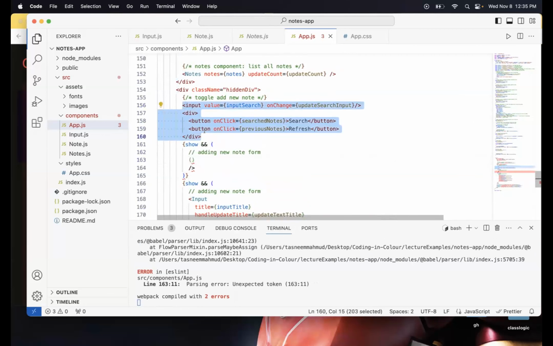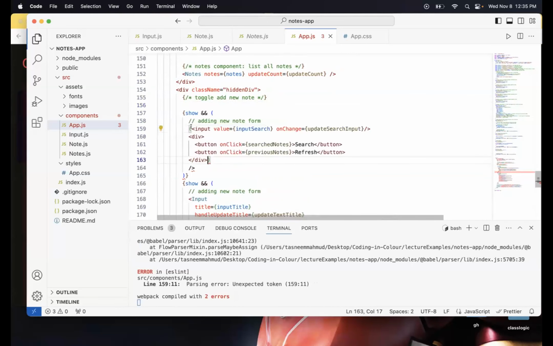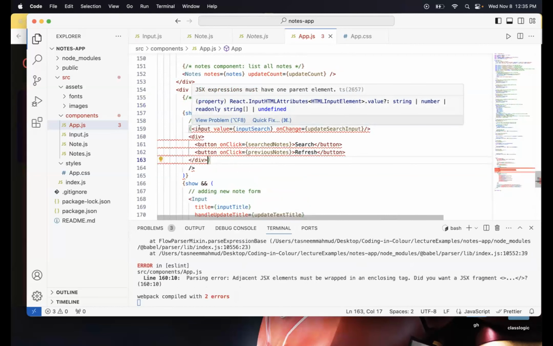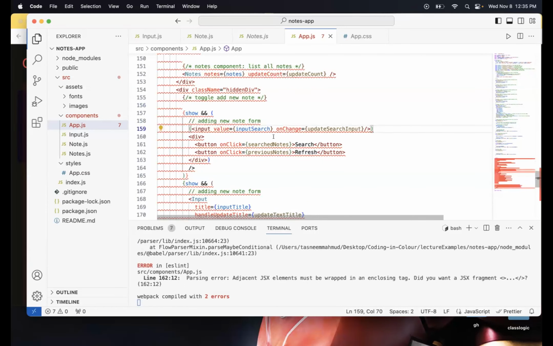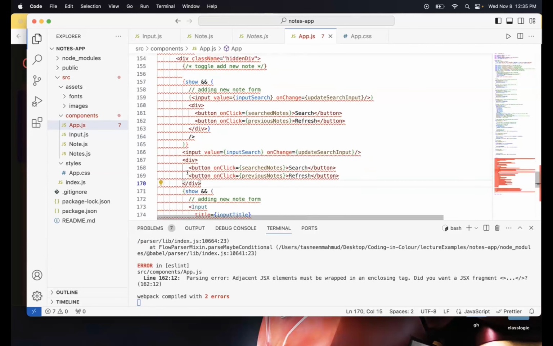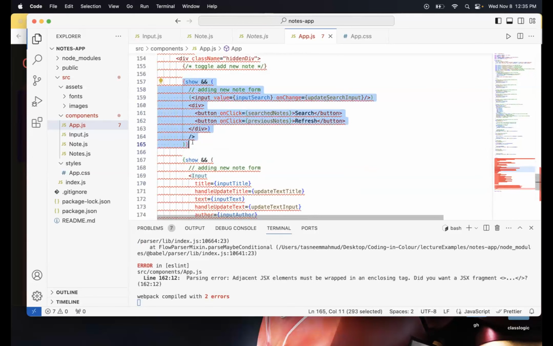So let me add brackets. Copy. Actually, do that. Oh, okay. It doesn't let me. I have to do it one by one. So I'm going to do the same thing over here again. Command V. No. A lot of red lines.